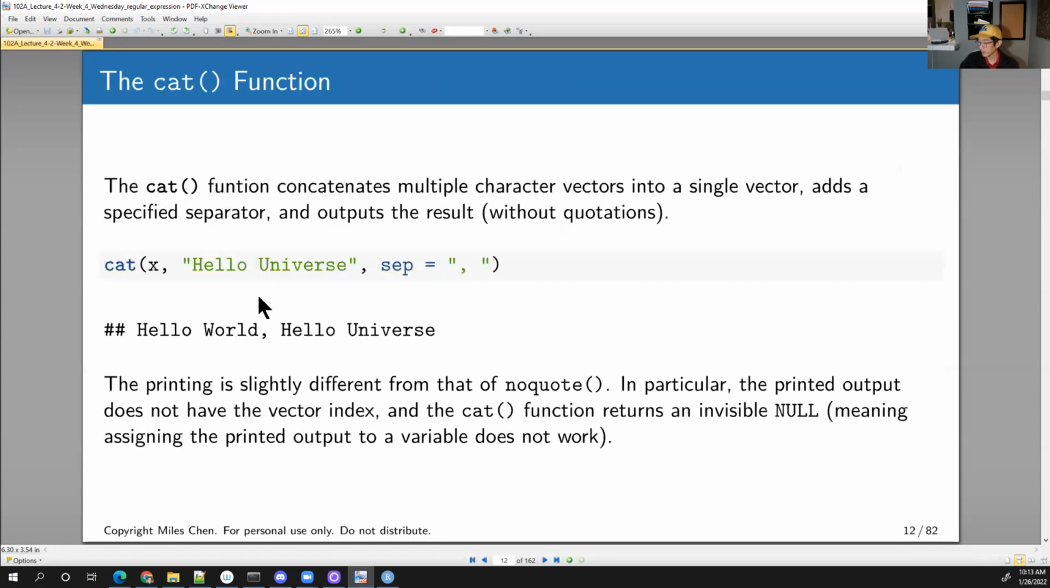All right, cat. We've got cat, and you can take X, which right now says hello world and hello universe, and it will just output it onto the screen. And right now we can say the separator is comma space, and it will do this. All right. The printing of cat,